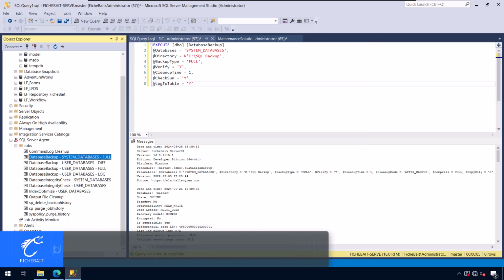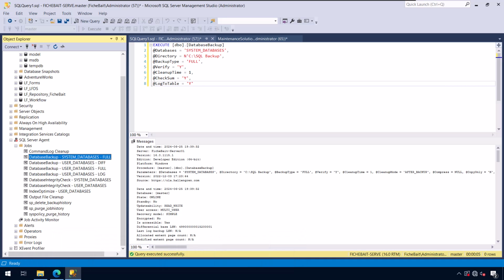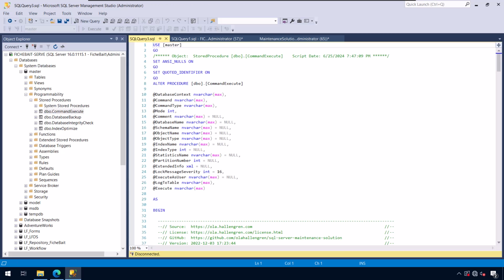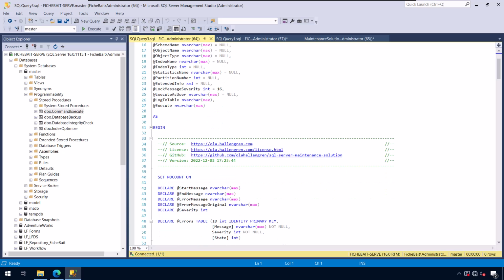There hasn't been an update for this script or for this solution for around 2 years now, but when an update is released, you might want to figure out which version you're currently on. You can do this in a couple of different ways. You can come up to the stored procedures, for example, and you can click Modify. And if we scroll down, we can see the date or the version line for the stored procedure that we